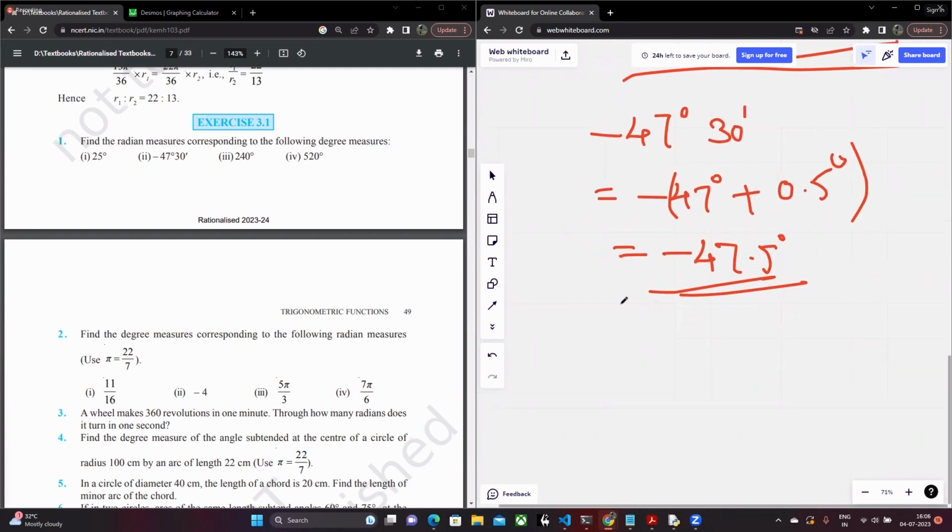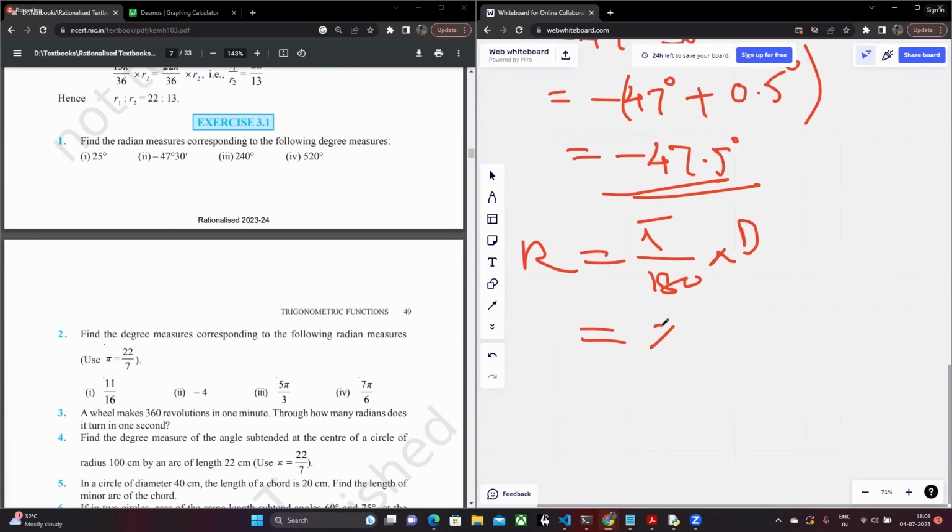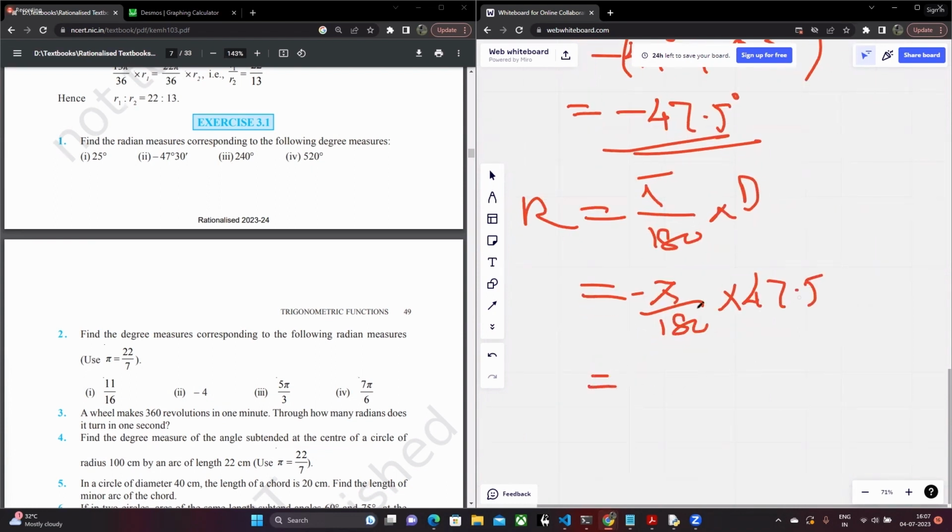There's minus 47.5 degrees, and then with this you apply the radian conversion formula again. That is R is equal to pi divided by 180 into d, which is going to be pi divided by 180 times 47.5. Do not forget the minus, right? Which is basically,